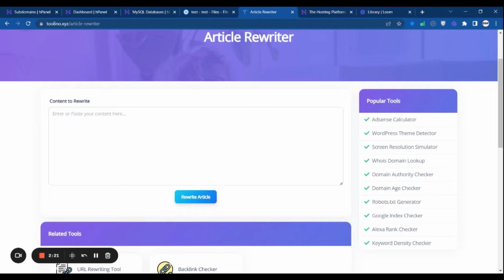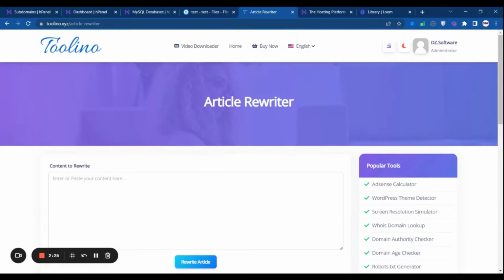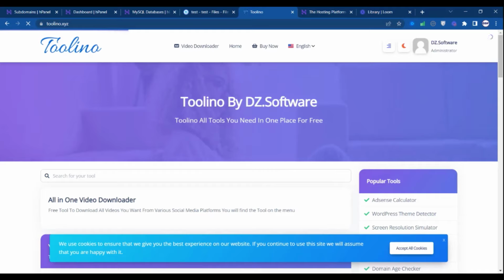So this is a small introduction and explanation about it. This is what Torino offers. There are many tools here. But in our video, we are going to explain how you can make a similar website but in a different way. So what we are going to offer inside this website is